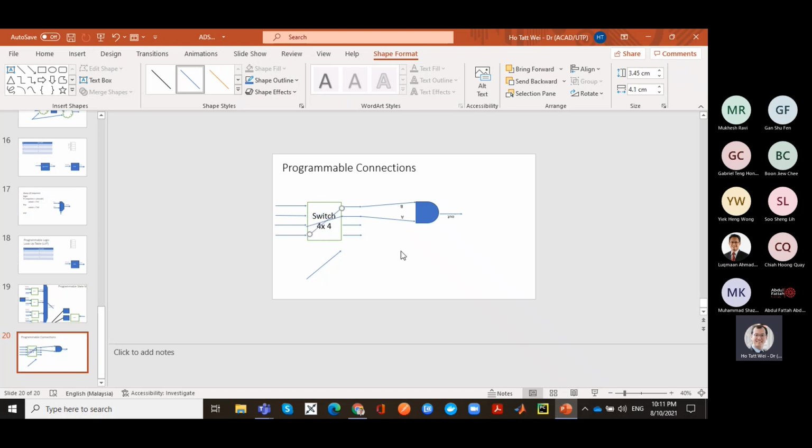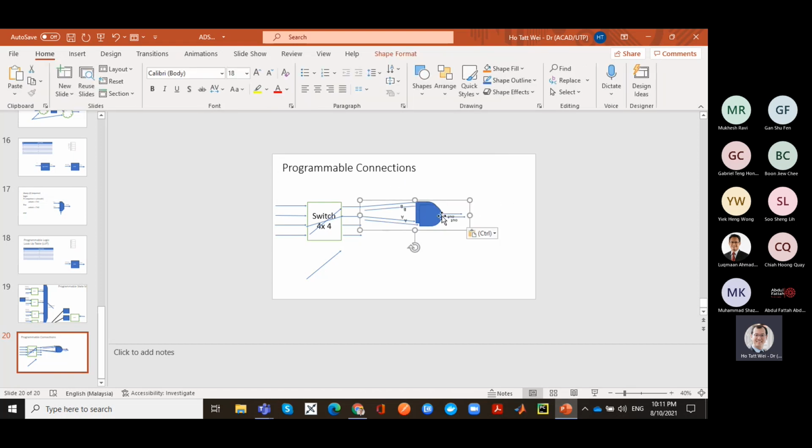So you can see that with these programmable connections, I actually have a paradigm. I'm able to reuse the same computational architecture. I can reuse it to do computations on different inputs, but I spread it out in time rather than spread it out in space. If you were to spread it out in space, that would require more hardware, right? Because you have to build 6 of these,